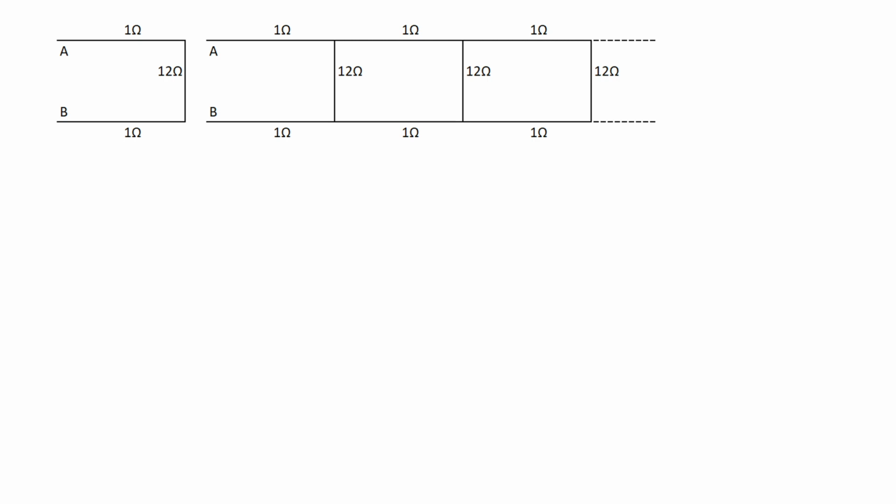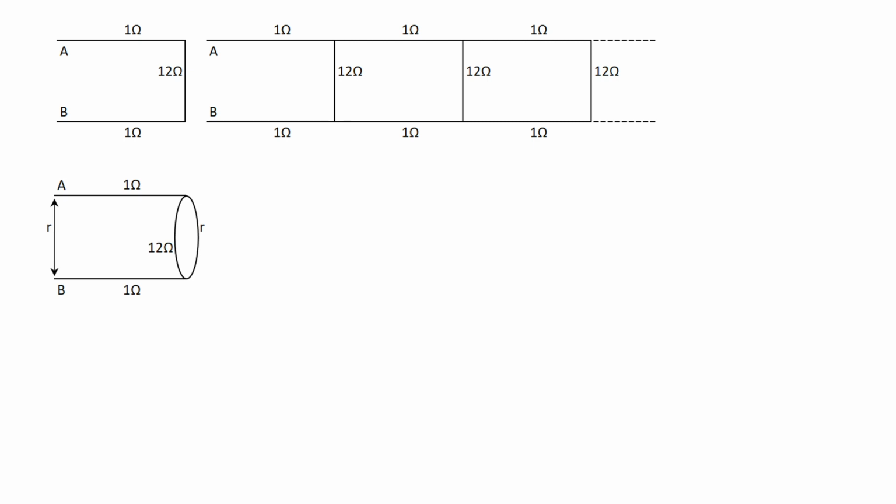If they are effectively the same, let's call that an unknown value x. Then the value in the question, which is on the left hand side, x, is obtained by adding the ones on the right hand side. Let me explain it with my mouse. If this one is x and this is also x, this is the effective resistance of this infinite series, then this one is in parallel with 12 ohms. We can use this to calculate the effective resistance.